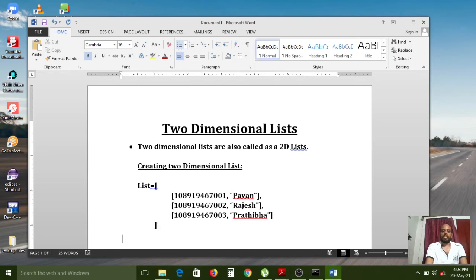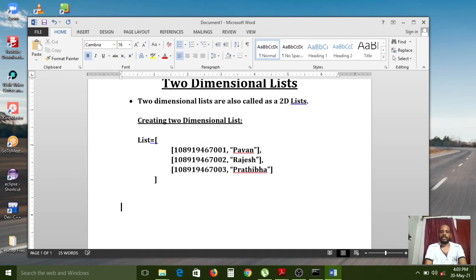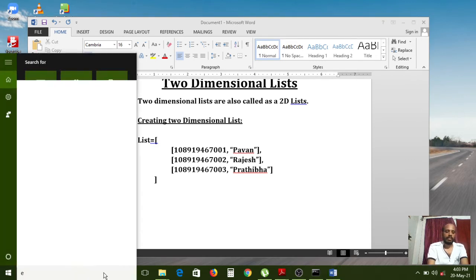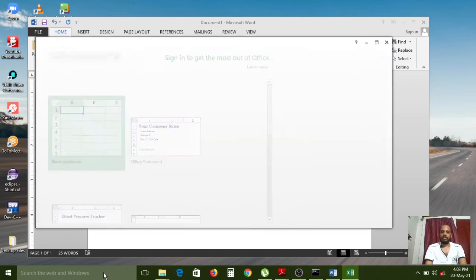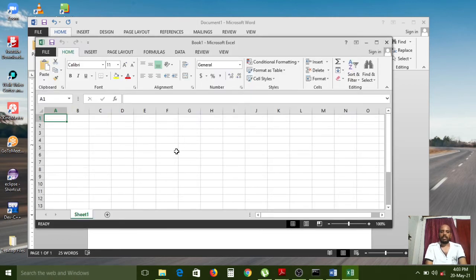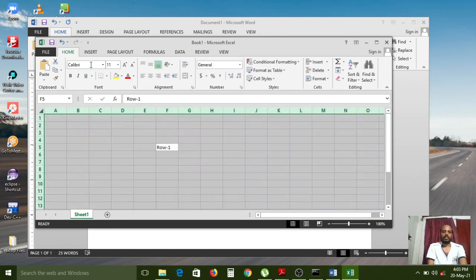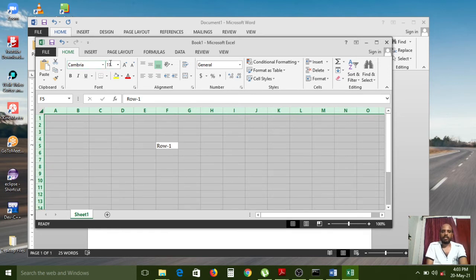How will it be stored in memory? All of you carefully observe. For that I am using Excel here. Row 1. Wait, I am increasing the font, then only you can see it properly. Otherwise you can't see it properly.